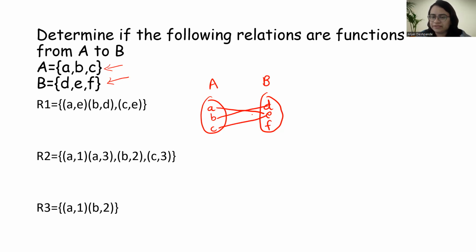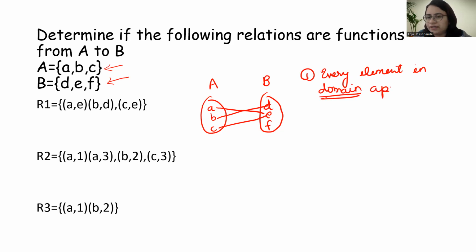a is related to e, b is related to d, and c is related to e. So in order to determine if it is a function, first I have to see that every element in the domain appears in the relation. Is this property satisfied? Yes. a, b, c all are coming in the tuples of the relation. So this is satisfied. Second is